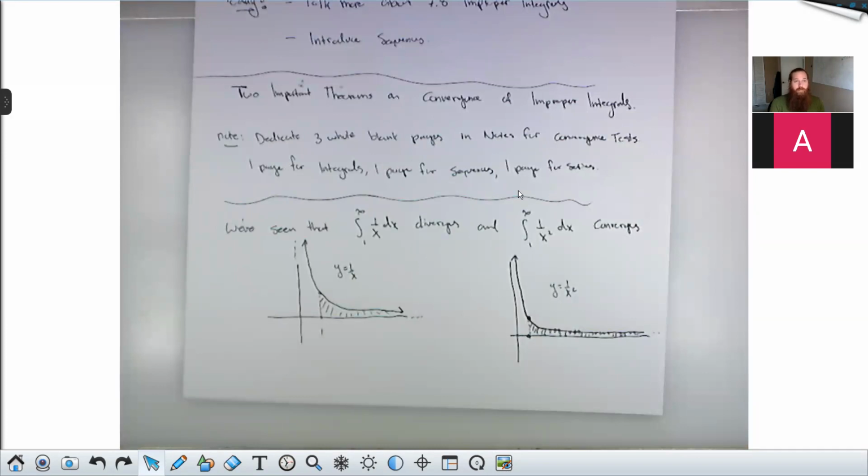Zach, yeah, the stuff that I'm introducing now is stuff that will go into your integral section. So for now, write your notes as you normally would. But then when we finish today, take the 2 theorems I'm about to show you and add them to the improper integral page in the back of your notebook, right? Does that make sense? So take notes like normal today, but then when you're done, take the 2 theorems that I'm showing you and add them to this special page in the back of your notebook. So what I'm doing right now is introducing the first of the 2 theorems that we're going to have from section 7.8.